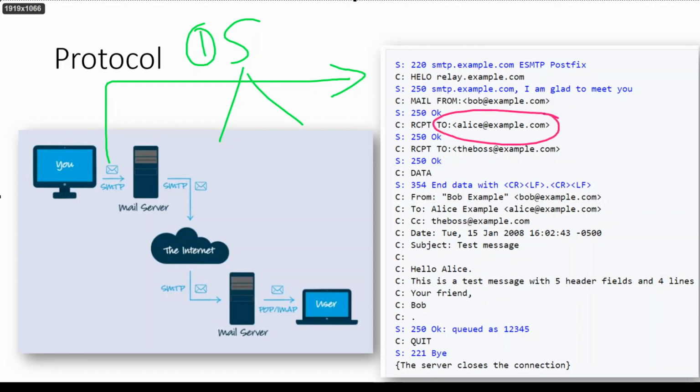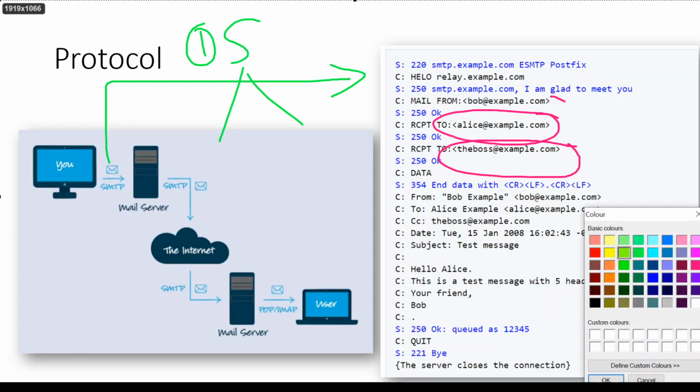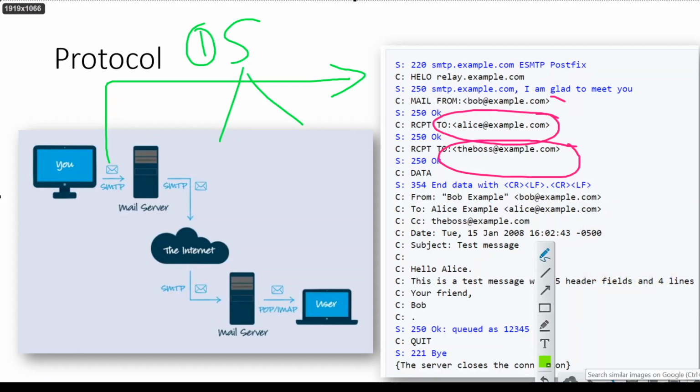The two receivers are Alice and the boss, and there is one sender whose name is Bob. Let me put another color for the sender so that we have context. Bob is sending mail to Alice and the boss.